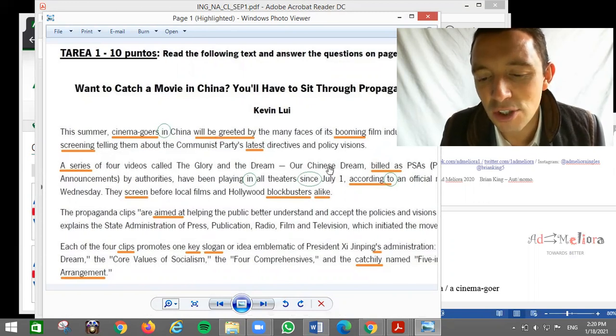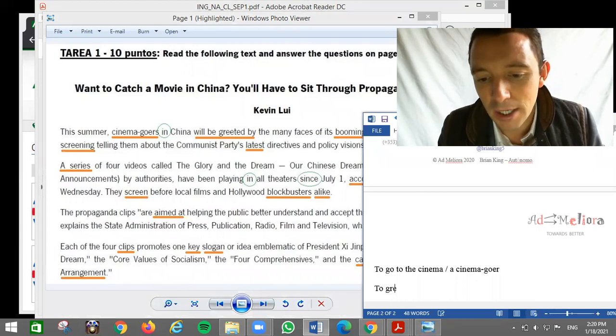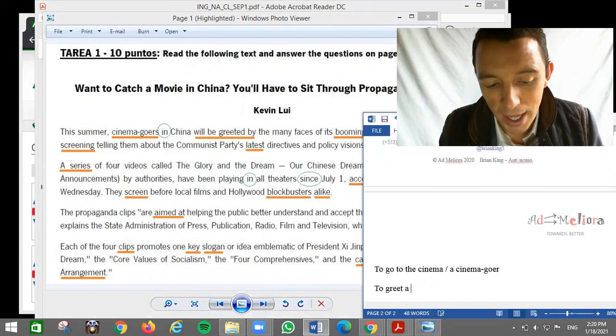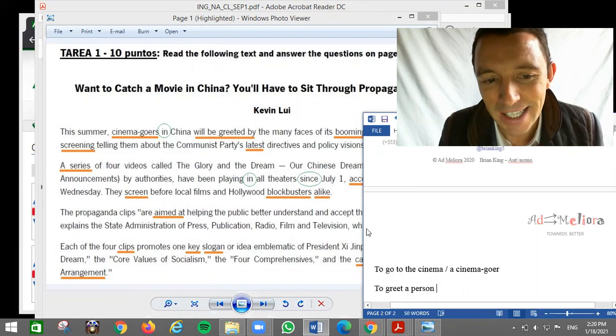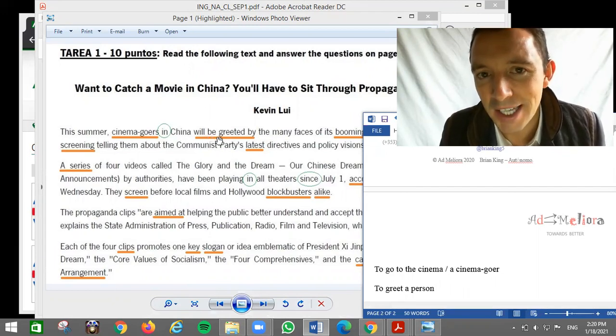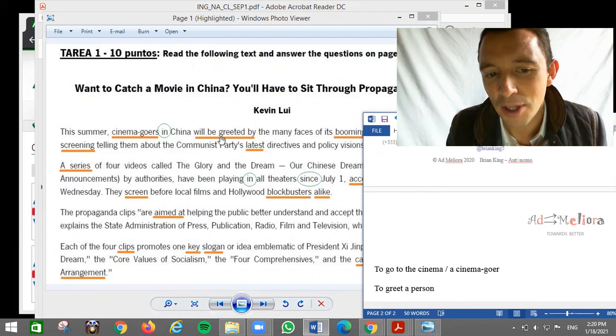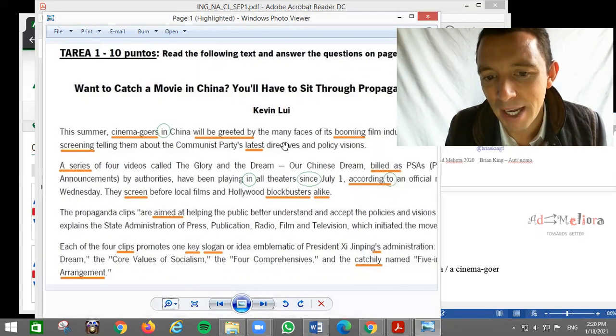Will be greeted. So the verb is to greet, like to welcome. To greet a person is to welcome a person. And in this case, it's with the verb to be. So it's the passive. When you have the auxiliary verb to be and the participle, it's an example of the passive. So they will be greeted by many faces of its booming film industry. So that is a good